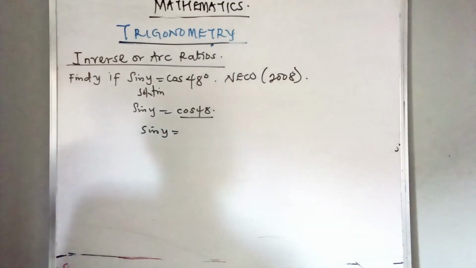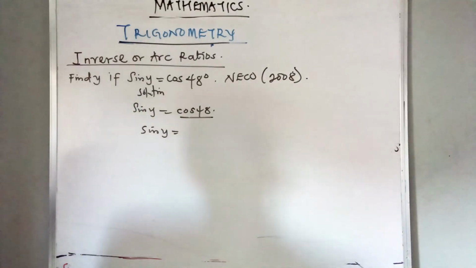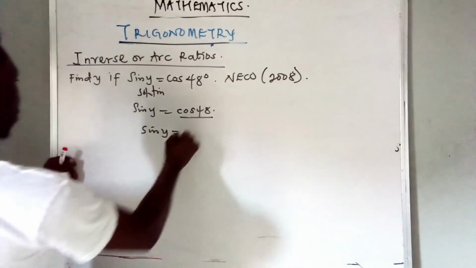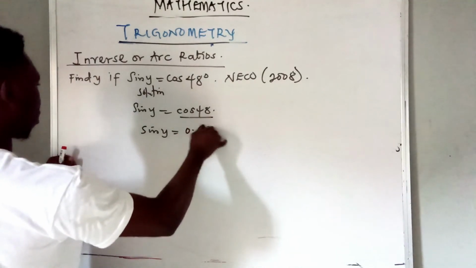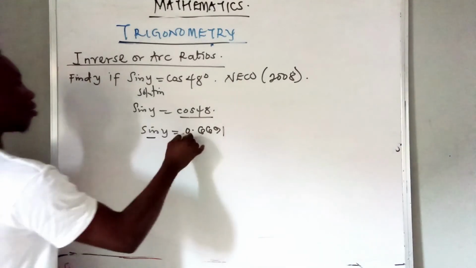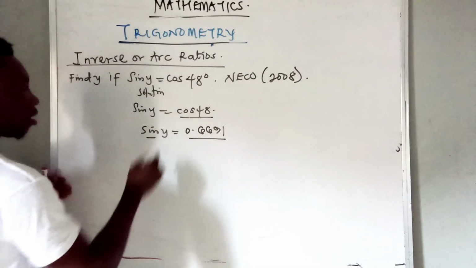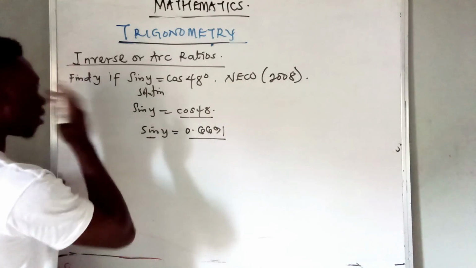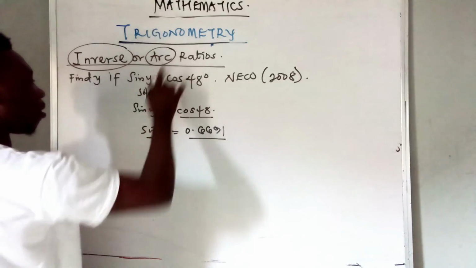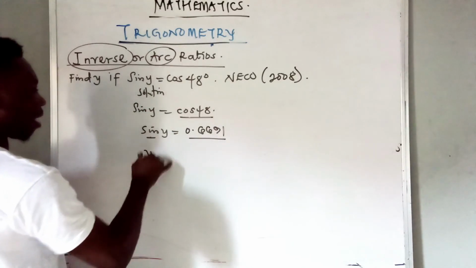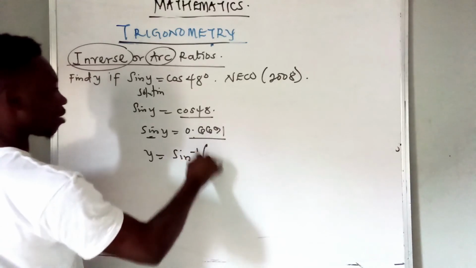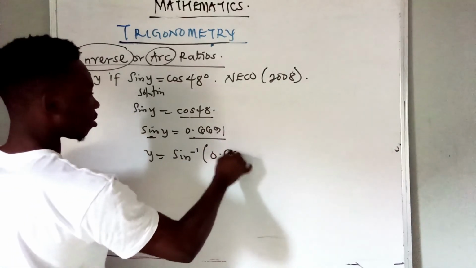You have to use your calculator or your log table, your 4-figure table, or mathematical table. So cos 48 here is going to give you 0.6691. So at this juncture, your sine needs to come to this particular part. So your sine coming over is going to come in as what? Arc sine or sine inverse. So this sine coming over here becomes sine inverse of